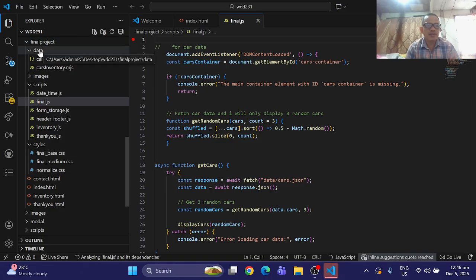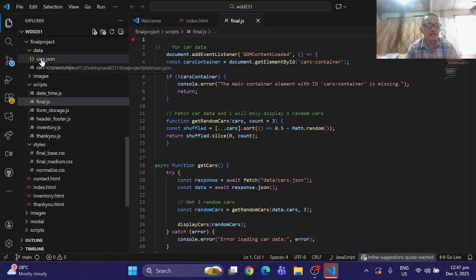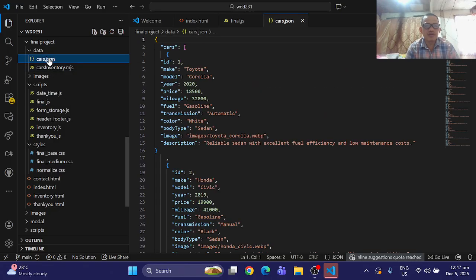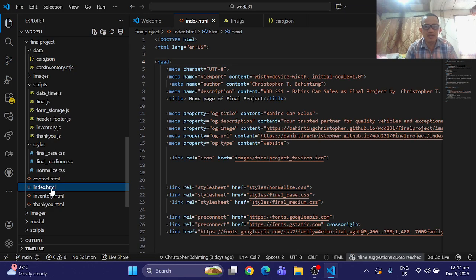Here I have two data files, the cars JSON file and cars inventory.mjs. This cars JSON file I'm using for my homepage. This is my homepage, index HTML.